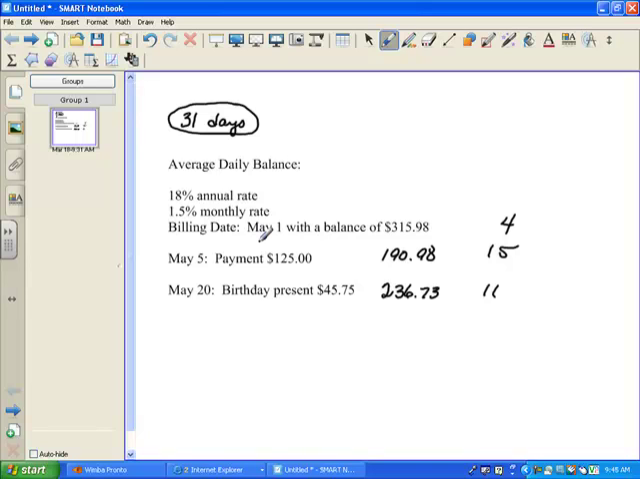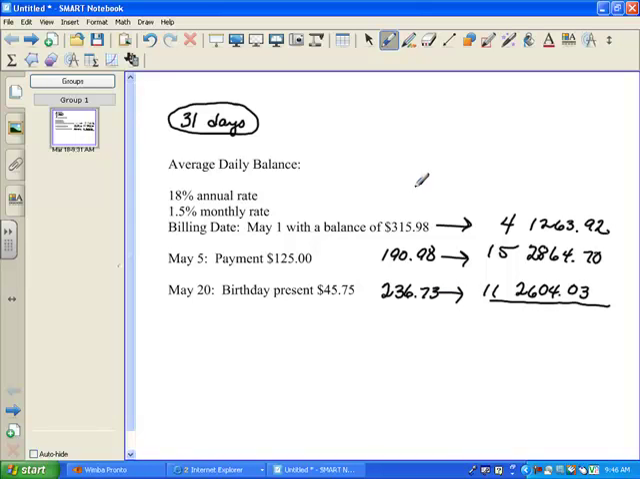Now this seems a little strange, but in order to calculate the average daily balance, what you'll do is multiply your balance times the days that it stayed that way. So $315.98 times 4, $190.98 times 15, and $236.73 times 11. Once we get these figures, we add them all up and divide by the number of days, which is 31. That actually gives us